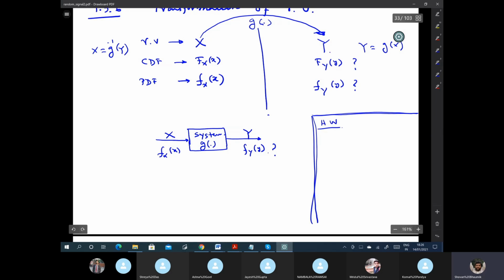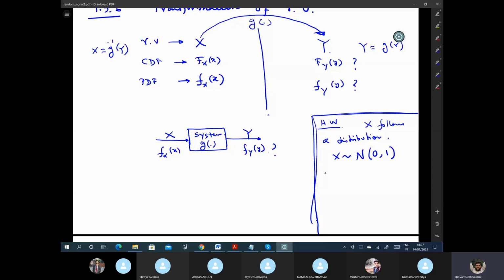Suppose you have a random variable X which follows a distribution. Let's say X follows a normal distribution of zero mean and unity variance. Now if I ask you to generate 1,000 such random variables,